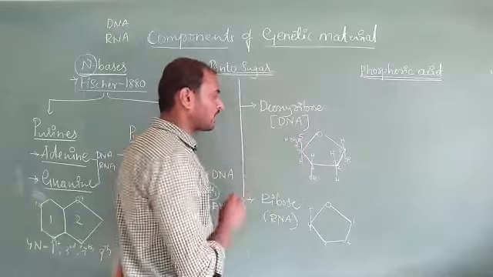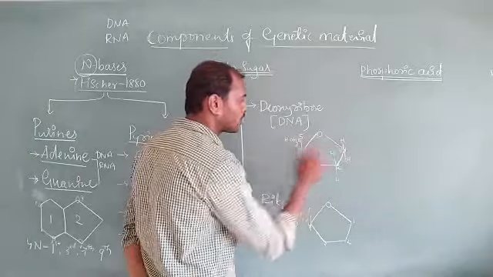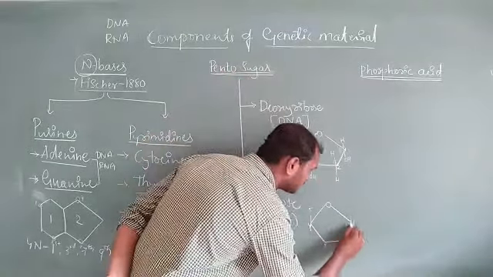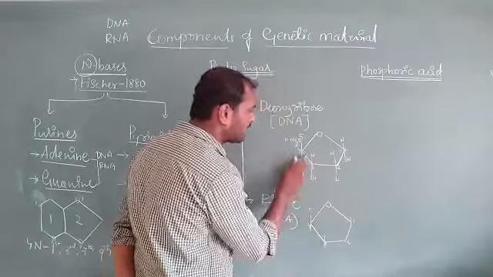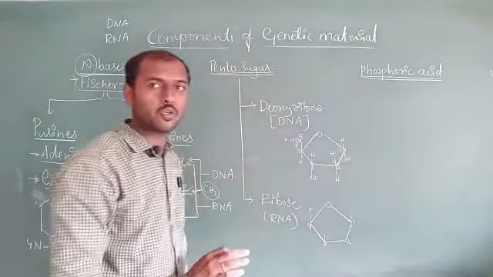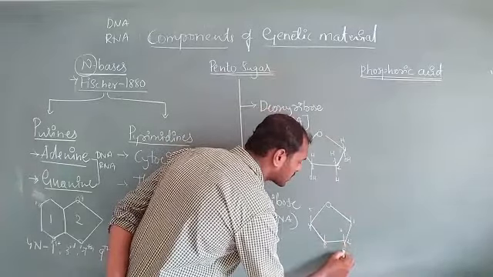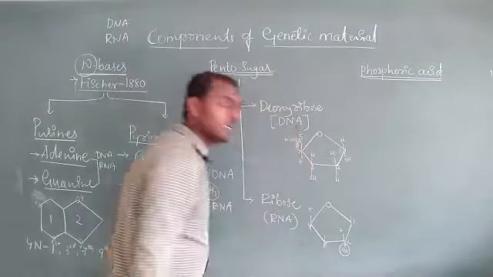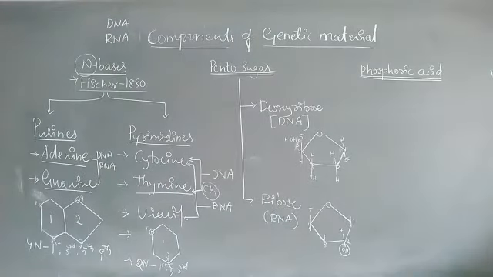So here we are going to get CH2OH in case of the fifth carbon, and here we are going to get OH, and here H, H, and here H, OH. Here also the same thing, H, OH. Here also the same CH2OH. So the main difference is the presence of an OH group in carbon 2. Carbon 2 has these two functional groups in case of RNA and one functional group in case of DNA.